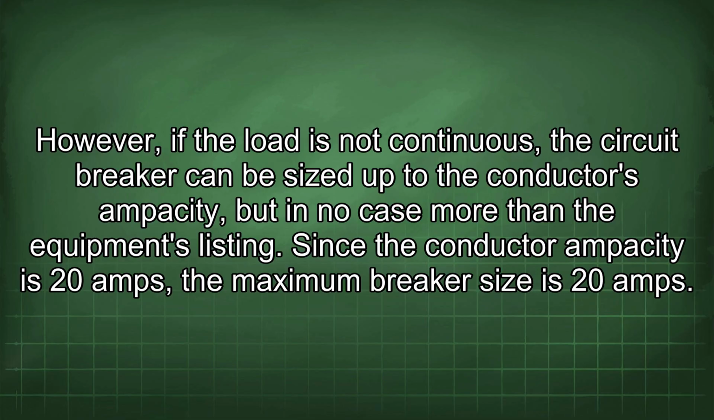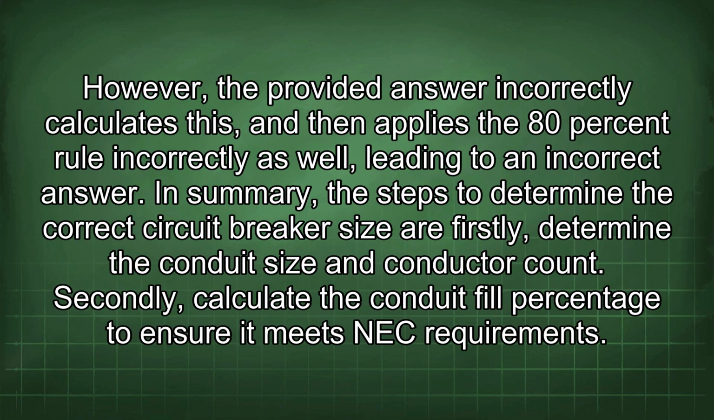Since the conductor ampacity is 20 amps, the maximum breaker size is 20 amps. However, the provided answer incorrectly calculates this, and then applies the 80% rule incorrectly as well, leading to an incorrect answer. In summary, the steps to determine the correct circuit breaker size are: firstly, determine the conduit size and conductor